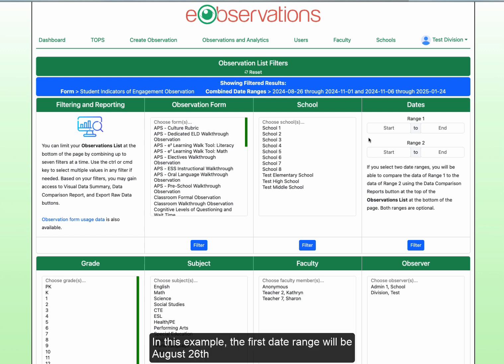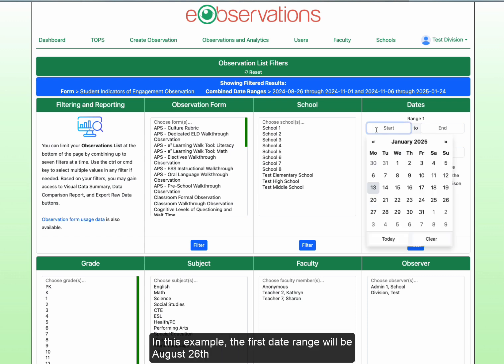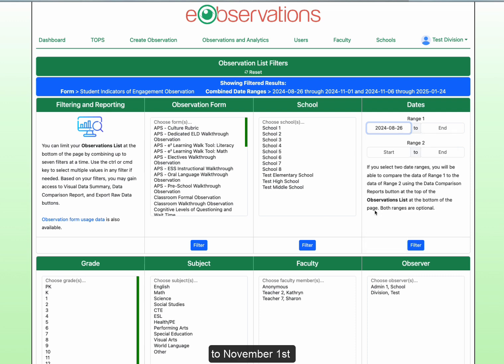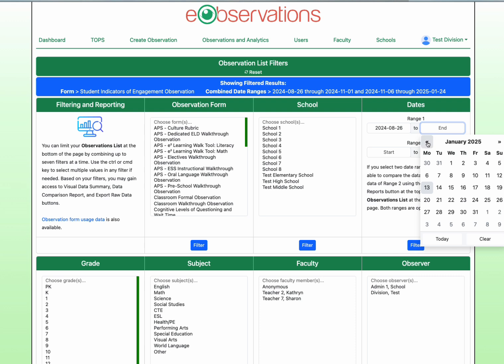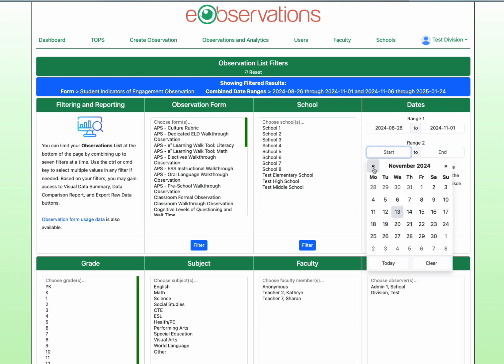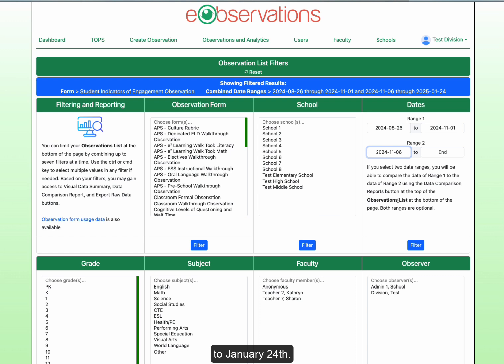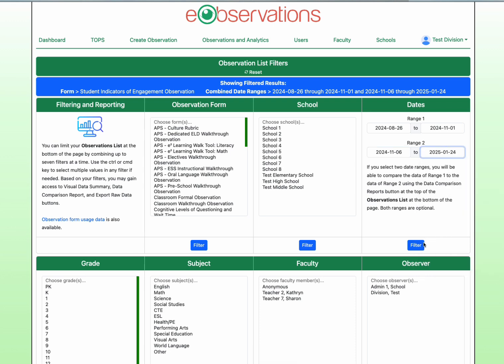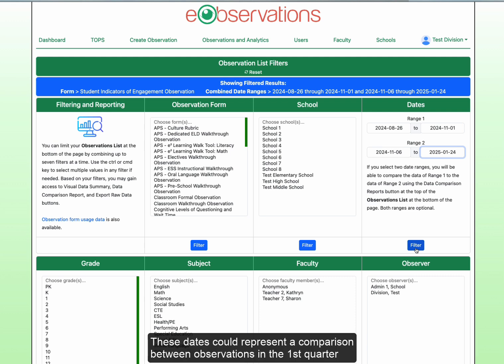In this example, the first date range will be August 26th to November 1st. And the second date range will be November 6th to January 24th. These dates could represent a comparison between observations in the first quarter and observations in the second quarter of the